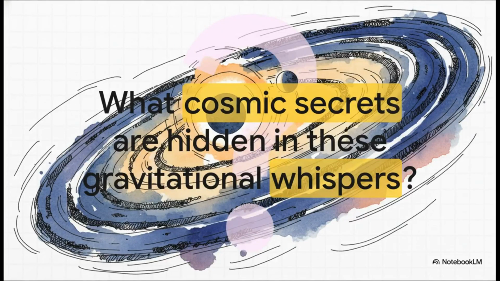And this brings us to this central lesson. The universe is not a perfect clockwork machine. It's dynamic, it's complex, and it is full of these subtle imperfections. But it is within those very imperfections, a star that wobbles, a transit that arrives late, a gap in a dusty disk, that our most powerful tools for discovery lie. Which, of course, leaves us with the question, what other cosmic secrets are still hidden out there, just waiting to be heard in these gravitational whispers?